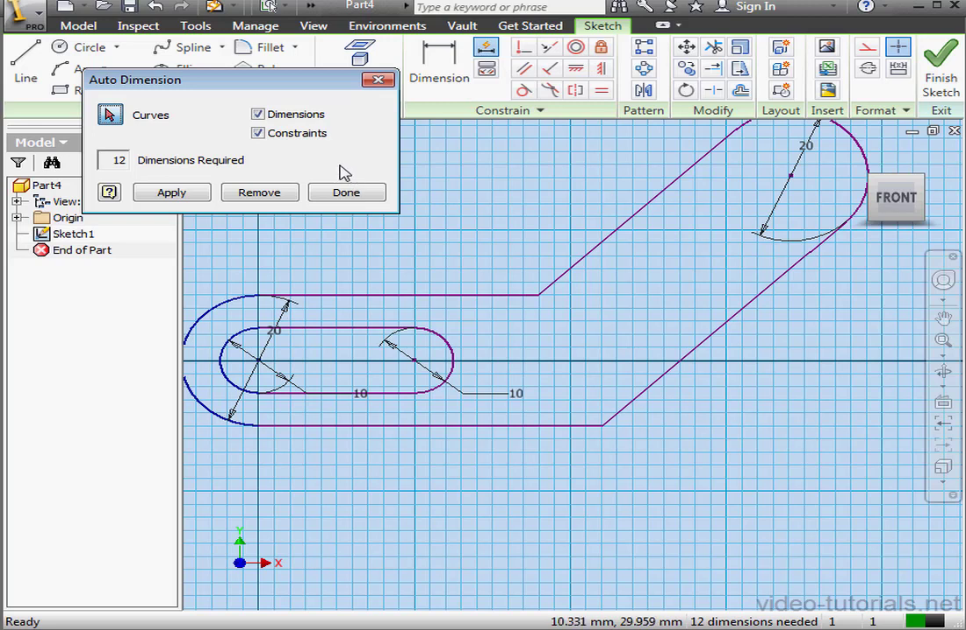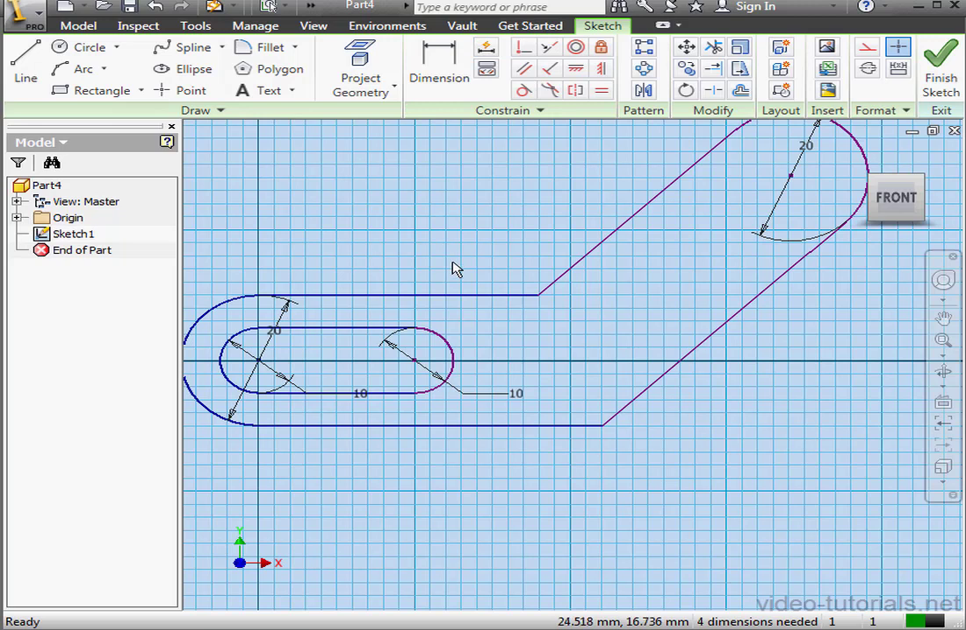Let's uncheck Dimensions. We'll leave Constraints checked. Let's click Apply. 4 are still needed. Let's click Done. A reminder, in case you've forgotten, you can display the constraints by pressing F8 on your keyboard, and you hide